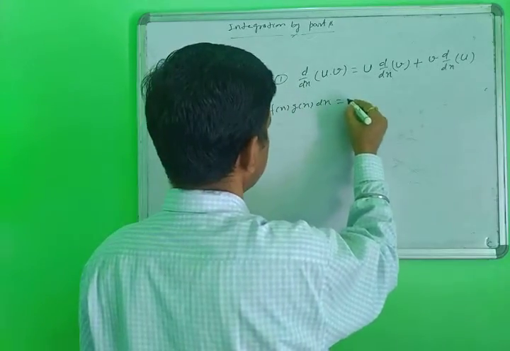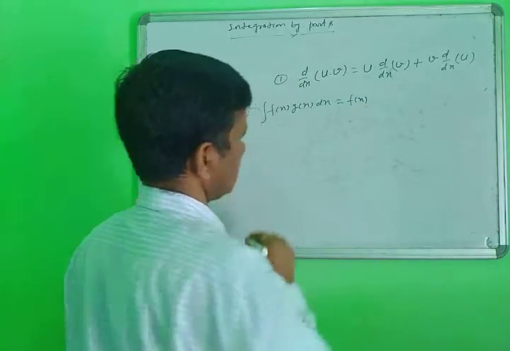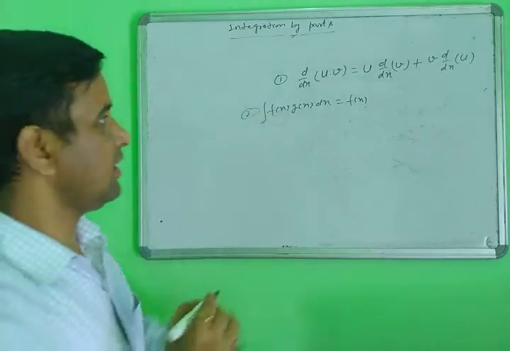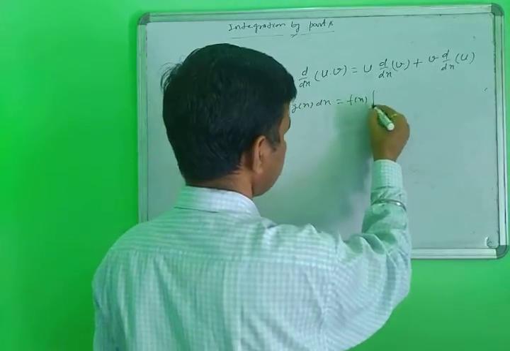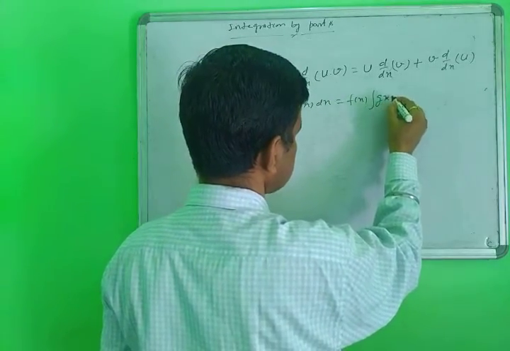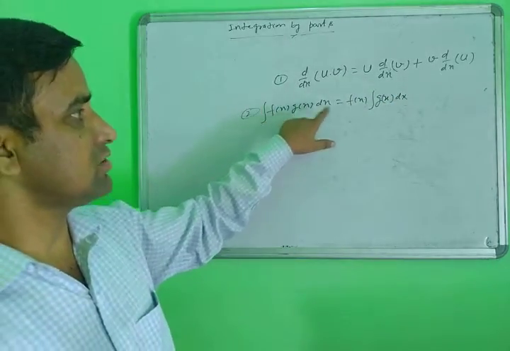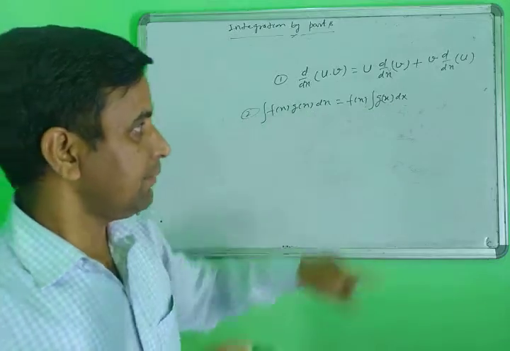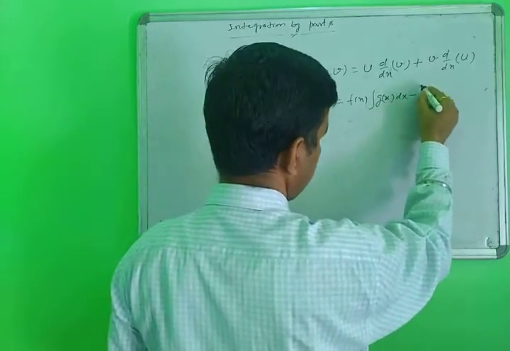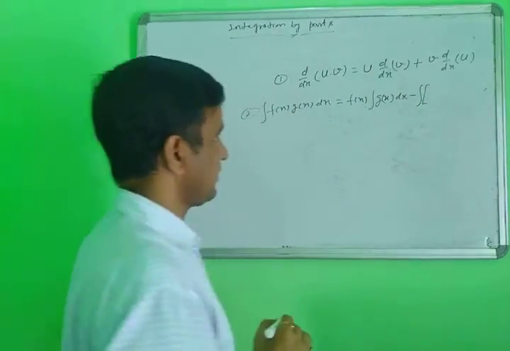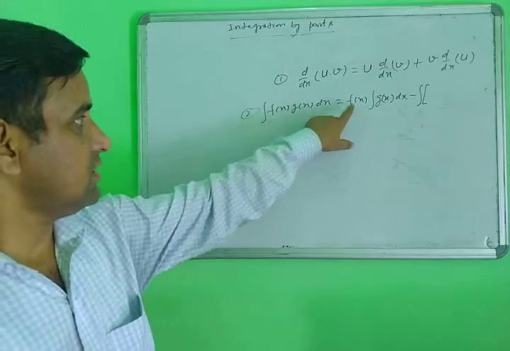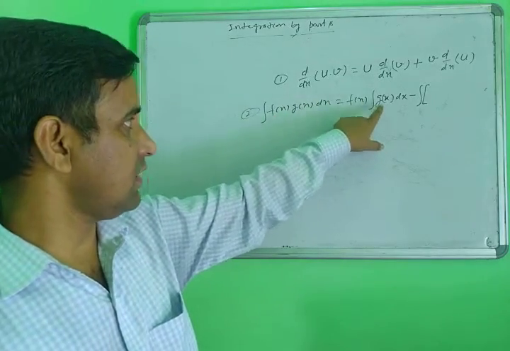This will be your first function f(x), and the second function g(x), dx. The result is: first function times the integration of the second function, minus the integration of